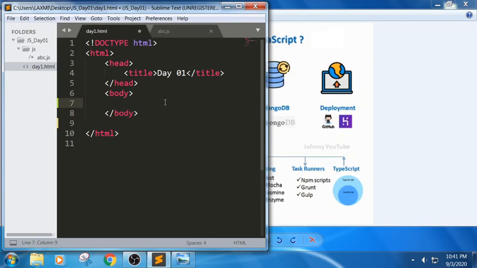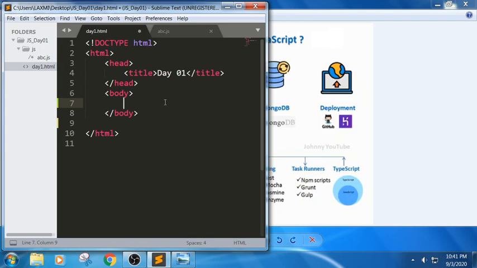Why do we use code editors? Generally we use code editors, for example Sublime Text here, to simplify and speed up the typing. These editors provide syntax highlighting, indentation, auto completion, and matching of braces.